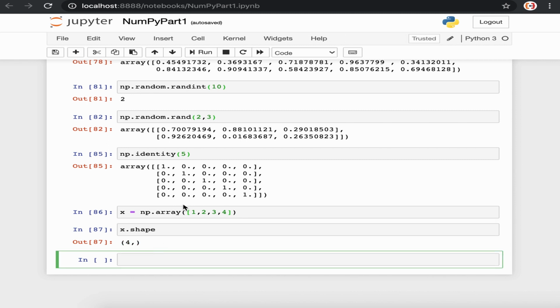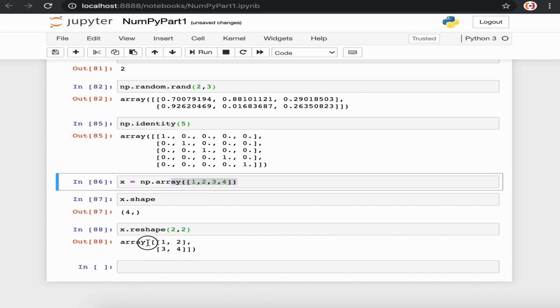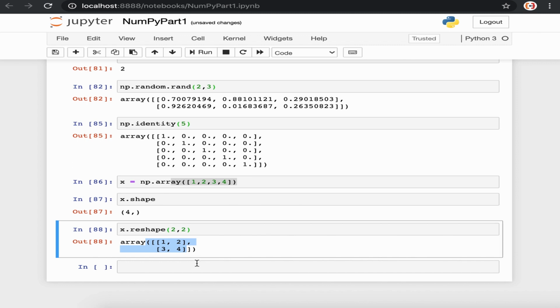We can get the shape of this array. If you want to convert this one-dimensional array into multi-dimension, we can also do that using the reshape function. If you want to convert this to 2-dimension, we can use this reshape function and pass the dimension of the array. If we execute this command, we can see it has converted this one-dimension array into 2-dimension.